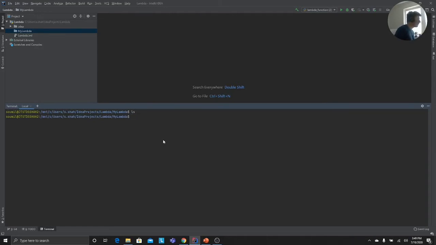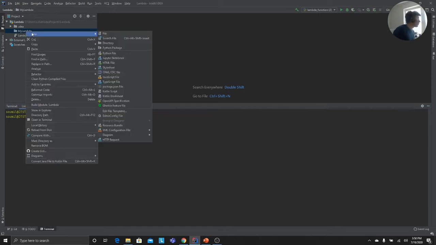The reason I'm doing that is because if you do pip install requests with target dot, it's going to create Windows wheels, right? And AWS usually works on Linux systems. So I would create packages using Linux. If you have a Mac or Ubuntu, you're fine. But from Windows, sometimes it works, but it's good practice to use a Linux distribution, right?